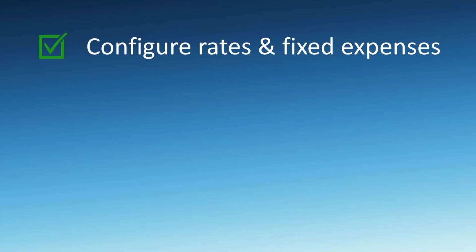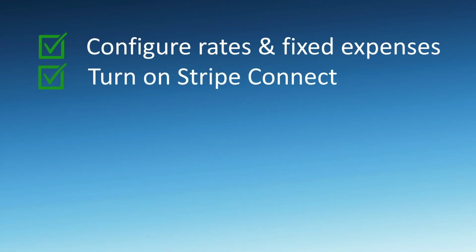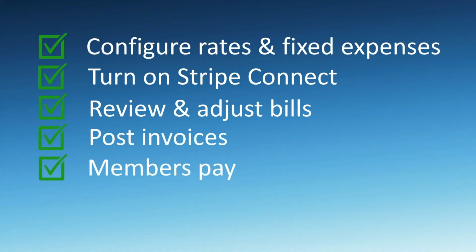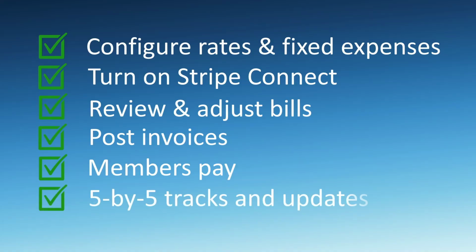Configure your rates and fixed expenses once. Optionally turn on Stripe Connect for one-click member payments. Each month, review the calculated bills, add adjustments where needed, click Post Bills. Members pay either through the link or out of band like Venmo or check. The system tracks who's paid, who hasn't,